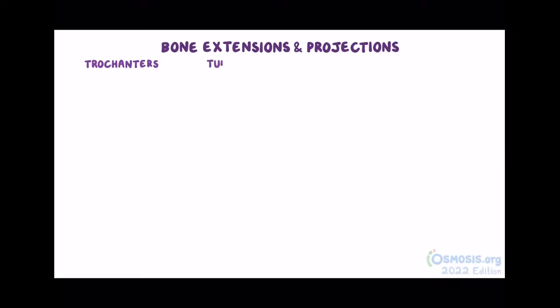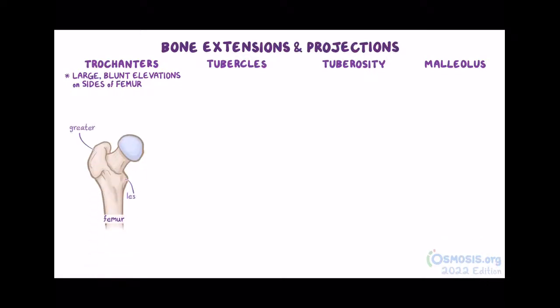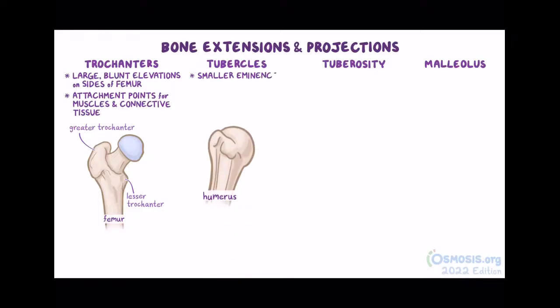Next are trochanters, tubercles, tuberosities, and malleoli, which describe rounded, somewhat similar bumps. Trochanters are large, blunt elevations that lie on the sides of the upper end of the thigh bone, called the femur. These trochanters are called the greater and lesser trochanters and serve as attachment points for muscles and connective tissue of the lower limb. The humerus has similar but slightly smaller eminences called the greater and lesser tubercles of the